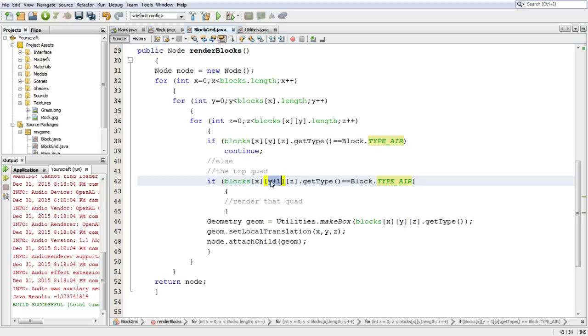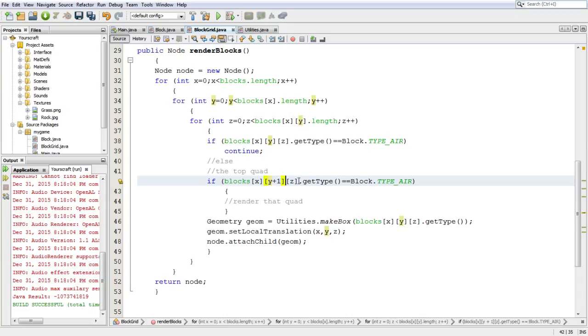Hopefully you've noticed that this y plus 1, what if we're already looking at the topmost cube? This is going to throw an out-of-bounds exception. Oh, chat did pick it up. As I was saying it, obviously there's a delay on the video. You said it just as I said it. Good catch. I was hoping somebody would catch this. Yes, so when we get to the top of the array, this y plus 1 is going to give us